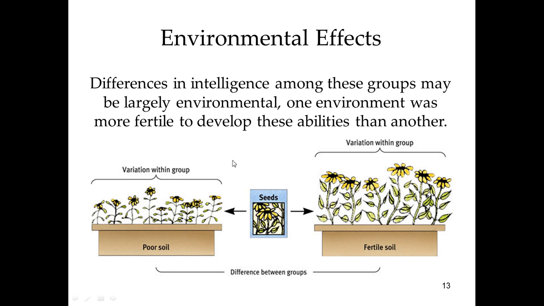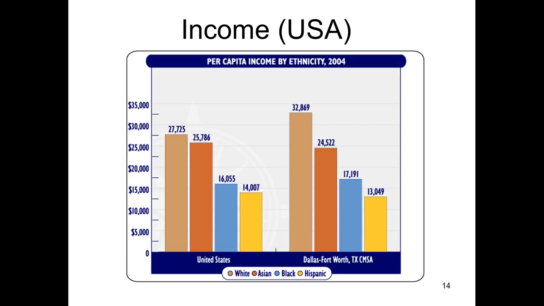So part of the reason why we see the disparity between these groups is because of bias. And part of the reason why we see the disparity between these groups is because of real-world experiences called environmental effects. So these are some visuals for how profound the disparity is between these ethnic groups and how we might